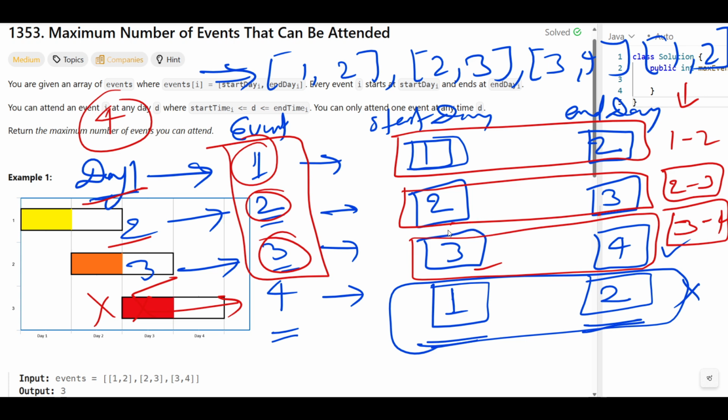Actually, our purpose is to attend the maximum number of events, right? And this is the best approach to do that, right? You should not just go and attend them in one fixed way. Okay, I hope you understand. So this is the way to find the maximum